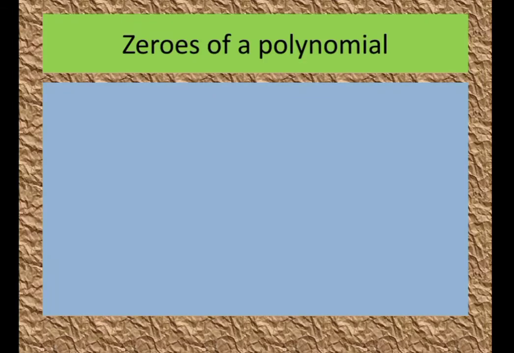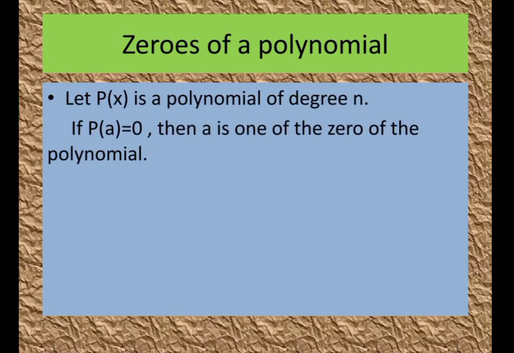And zeros of a polynomial. The zeros of a polynomial are nothing but the values of x for the particular polynomial. The linear polynomial has degree 1, so the linear polynomial has one zero. That is, the number of zeros of a linear polynomial is 1. And the quadratic polynomial has degree 2, so it has two zeros. Like that, a cubic polynomial has degree 3 and the number of zeros for the cubic polynomial is